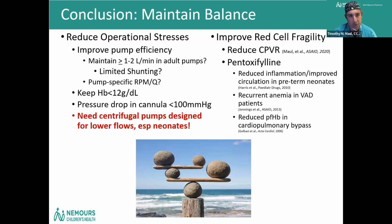And then the other thing is to improve red cell fragility. Reduce your circuit to patient volume ratios. Try to use circuits that are appropriately sized for your patients. And in the absence of being able to control any of those things,